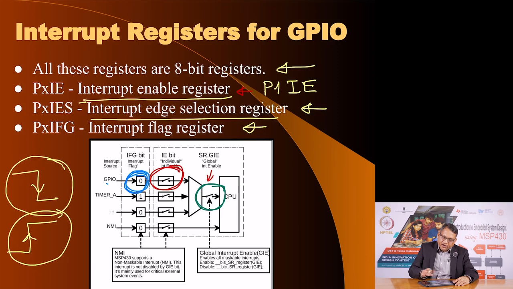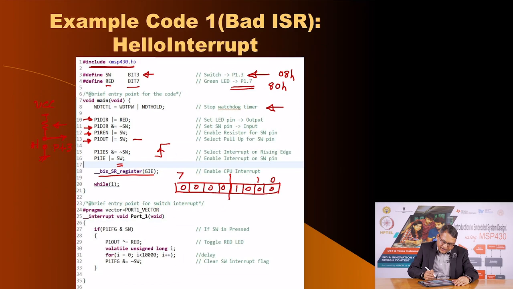Now, we are ready to do something in the main program, but in this particular case there is nothing to do, and so we will simply wait in an infinite loop, while 1. So, your main program is doing nothing, waiting for something to happen, and in this case that something is an external interrupt which will be generated because you press the switch on port 1.3. When that happens,